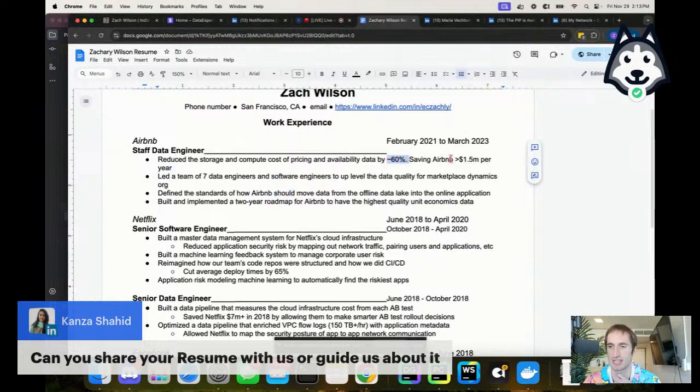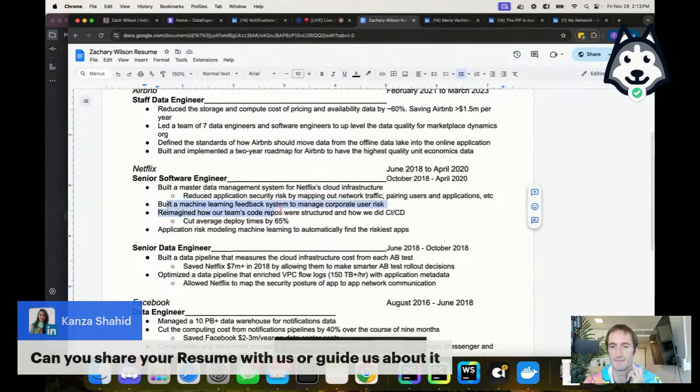So you see like 60%, $1.5 million a year, led a team of 7 data engineers, defined the standards of how Airbnb moved data from offline data lake into the online application. And we have implemented a 2-year roadmap. See the number here again. That's great. And then these ones are great here. We have reimagined how teams' code repos were structured and how we did CI/CD, cut average deploy times by 65%,